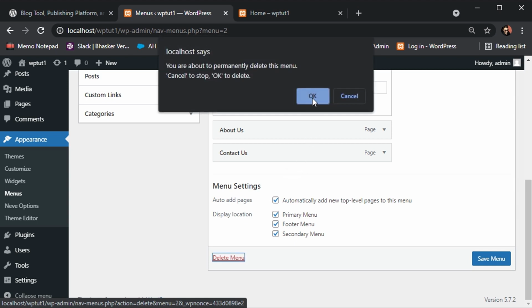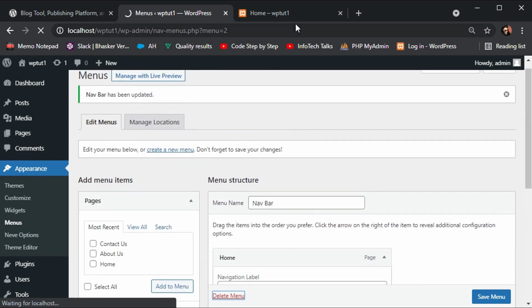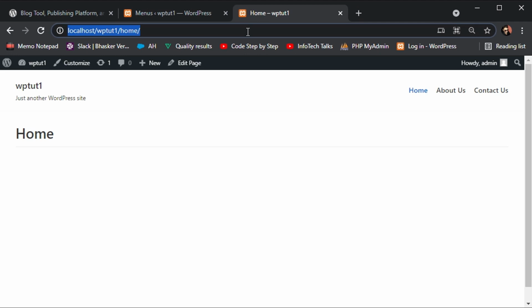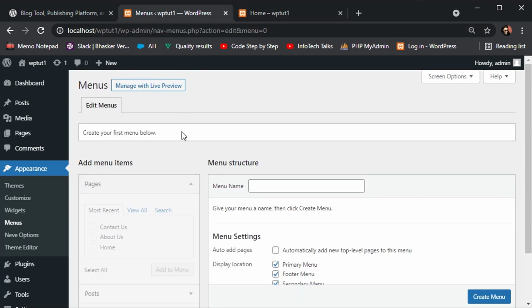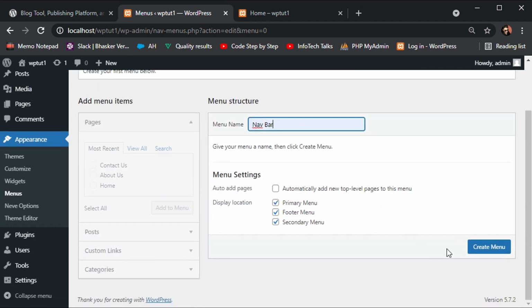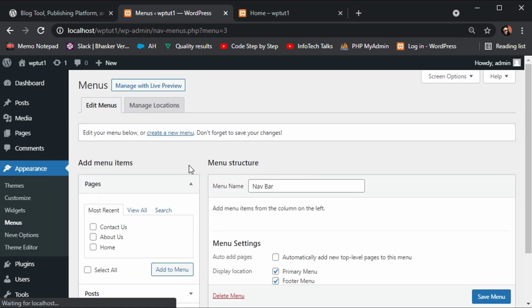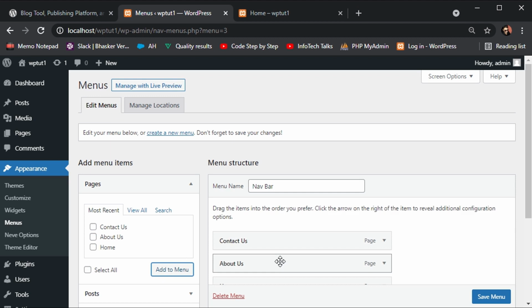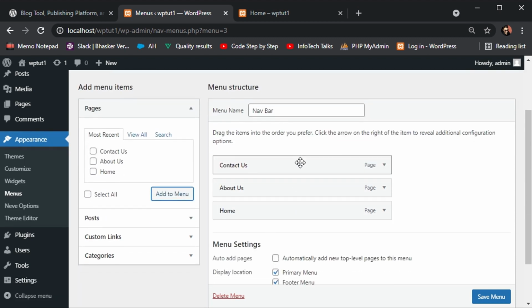I've deleted the menu. Deleting the menu doesn't mean that you will lose the pages you created and added into the menu. Okay, the menu simply gives you option to add the created pages in menu or as menu into the website. For example, let me give you example of another theme. Suppose we have created again same menu, and same pages I'm going to add into the menu navigation bar. Okay, added the page. So after adding the page, I'm setting them up in correct order.